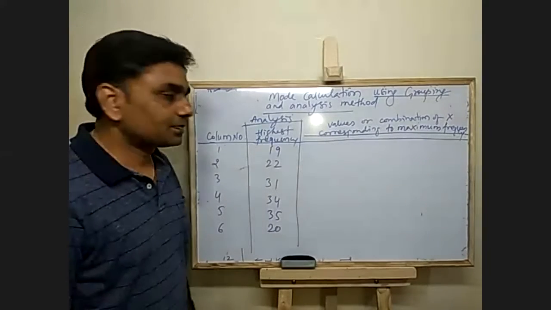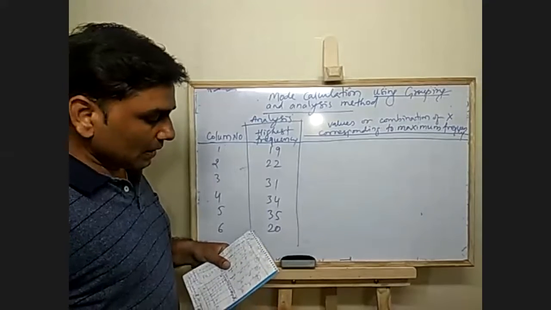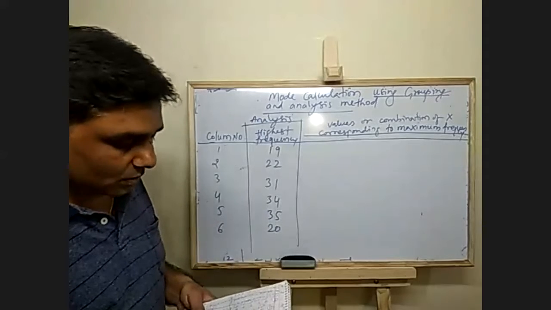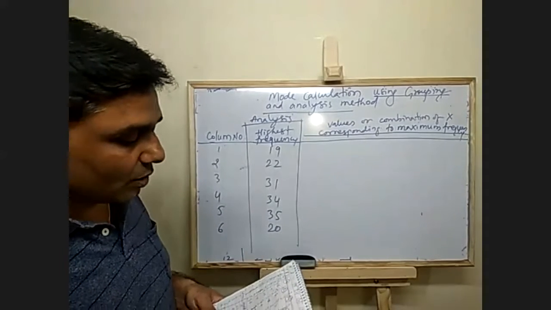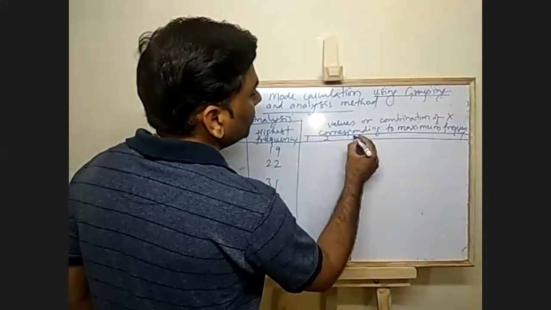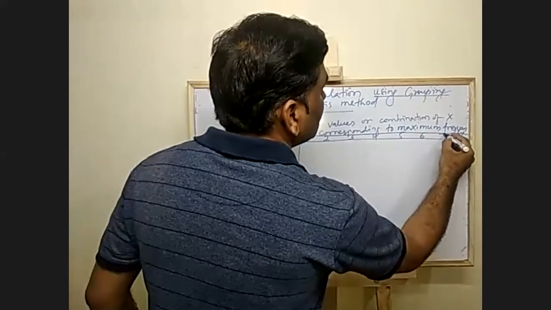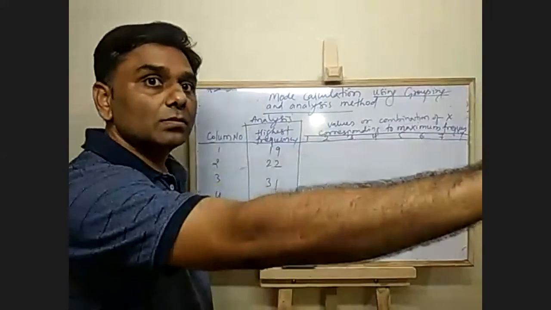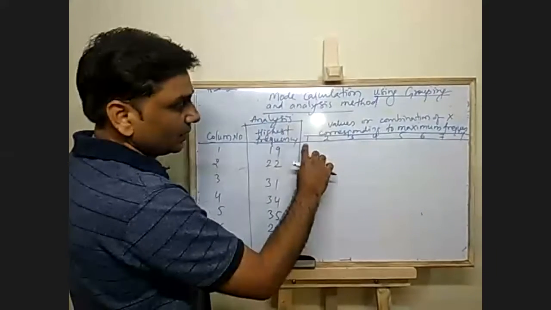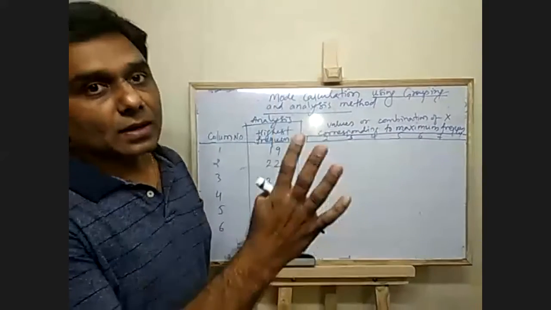Now see what you can do. If you observe, all the highest frequency has come till 5. Okay, highest frequency has not gone below 6. So what you can do is you can mark 1, 2, 3, 4, 5, 6, 7. You can mark till 12. Okay, x value. We are just writing the x value. X value 1, 2, 3, 4. They have given till 12. You can write till 12.